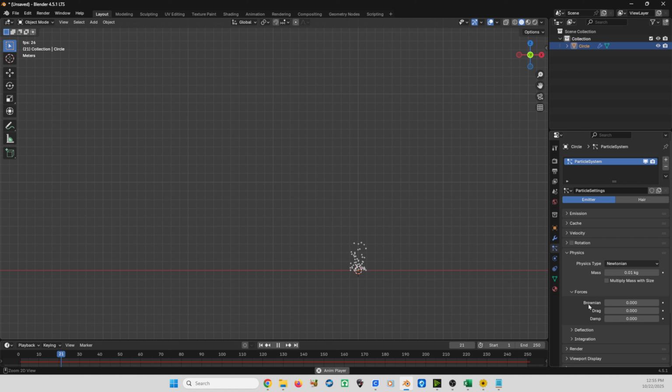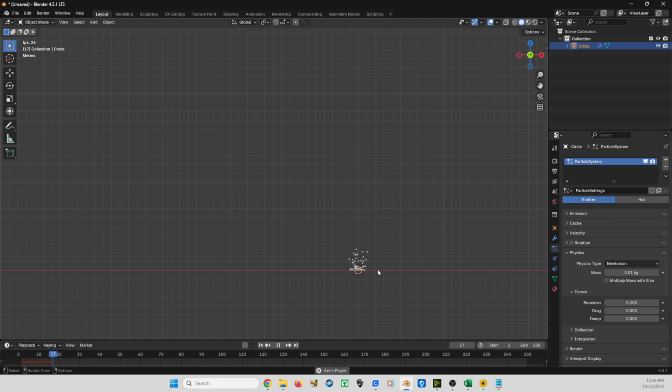So let's look at Brownian first, and you'll notice that they're all going pretty straight up. If I make this a really large number like 20, they all have random movement and go off in various directions. So we don't want anything that strong. So let's try 1. And if it were really windy outside, the smoke might swirl and go a lot of different directions. So let's try 0.1. And let's make it a little larger. Let's try 0.3,